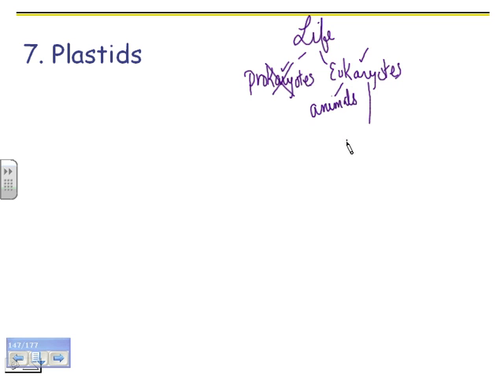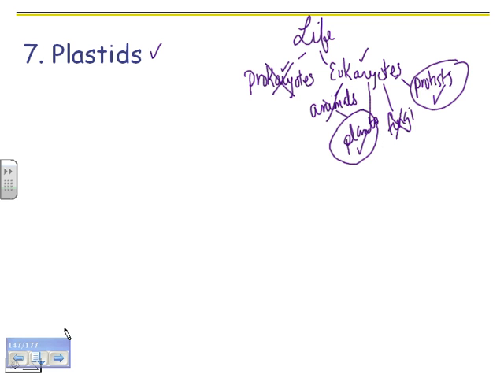There are animals and plants and fungi and protists. Animals do not do photosynthesis, and fungi do not do photosynthesis. So plants do, and they're eukaryotes, so they have plastids. And not all, but some protists are also photosynthetic, and so they would also have plastids. So we're looking at plants and some protists for organisms that have plastids, like chloroplasts.